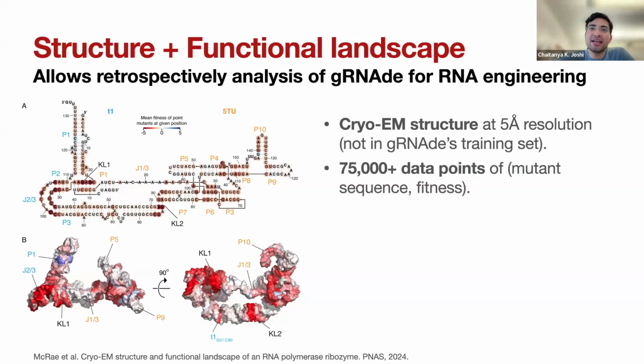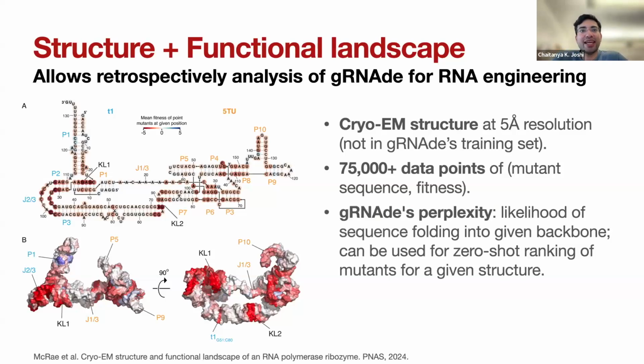But what's really cool about this study is that with their structure, they've actually released fitness measurements through a very high throughput fitness assay of 75,000 mutant sequences. So you make some random changes in your original sequence and you measure how the fitness or function of your RNA actually differs. And this data is really interesting because we can now use gRNAde's perplexity